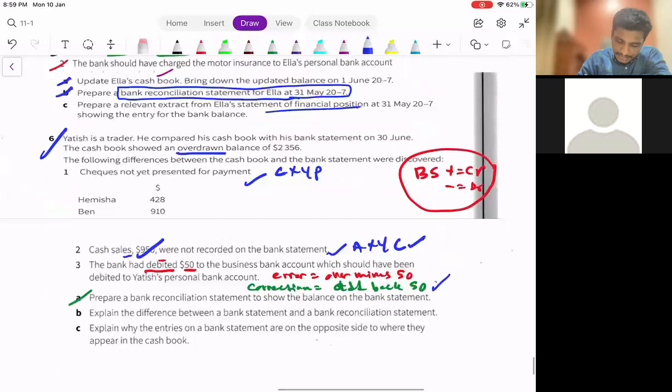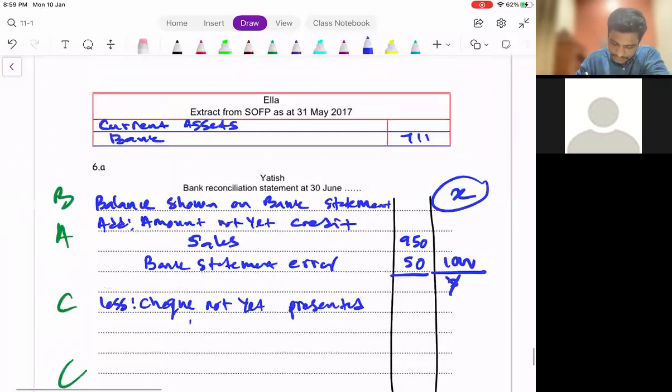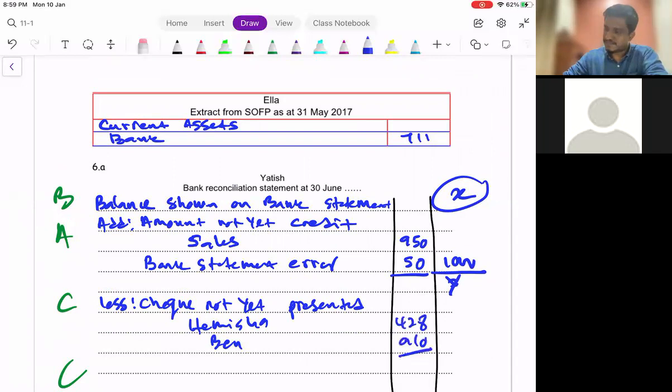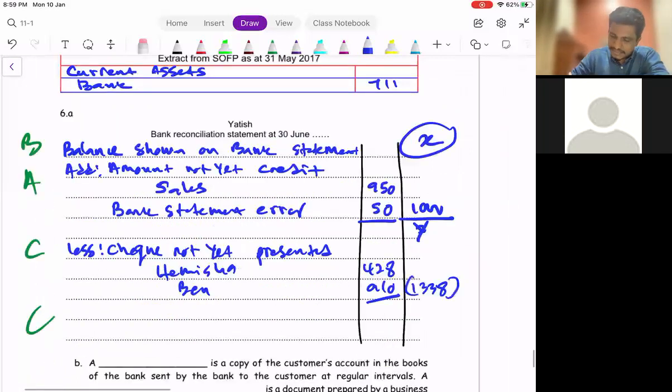Yeah, here. Hemisha and Ben. These two are check not yet presented. Will be minus here. So you write here Hemisha and also Ben. The amount, can you remember? See the question, 428, 910. So we total out these two. 428 plus 910, I get 1338. Then Y minus with this, I will get balance shown